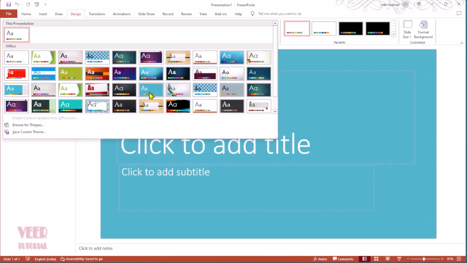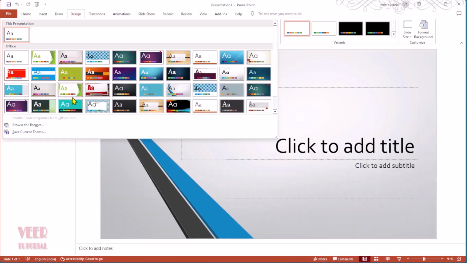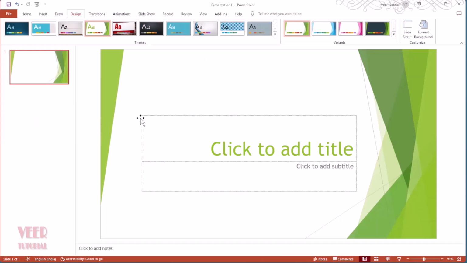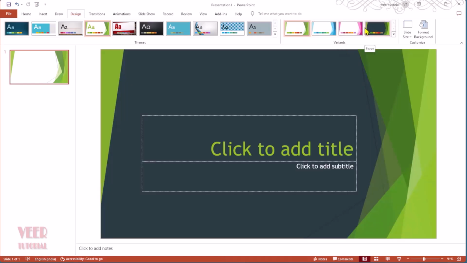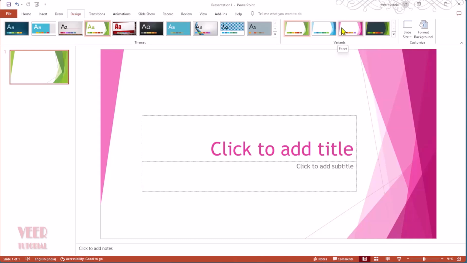So I'm gonna select a very simple one. Let's say I'm gonna use this one. And once you click on that, maybe the color is not as per your requirement, or you maybe didn't like it. So on the very left hand side of this theme, we have variants in which many colors are available. So just hover the mouse and you will see the preview with these colors, and whichever you like and fulfills your